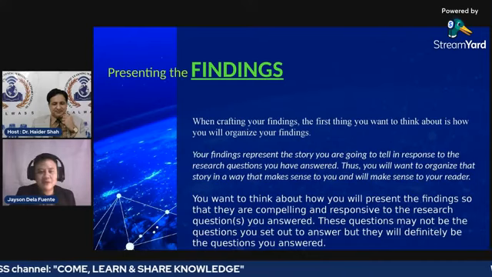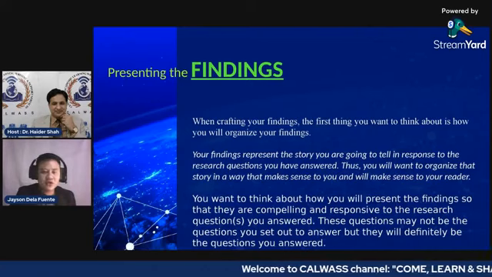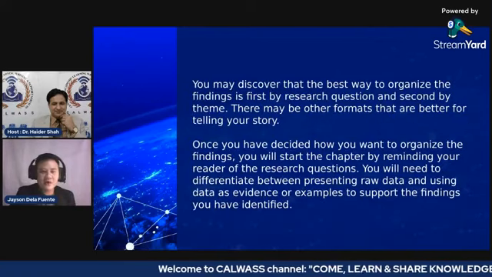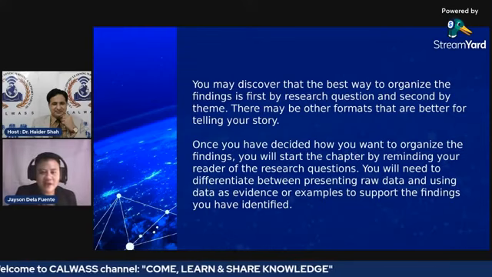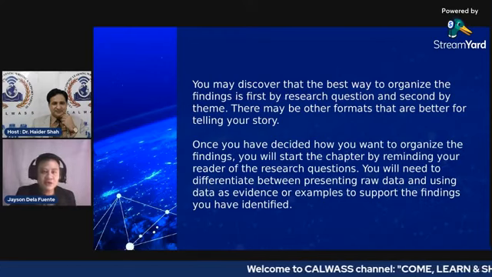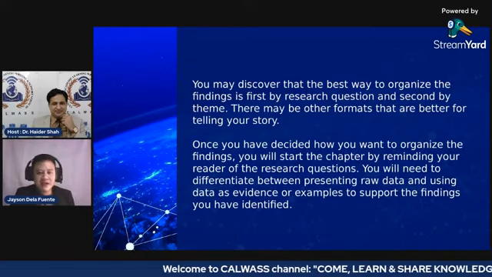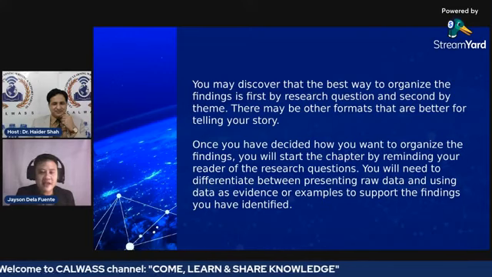As I said, our findings should be in accordance with, or congruent to, our objectives. You may discover the best way to organize the findings is first by research question. Because of the research question, we are guided as to how we are going to do our analysis, how we are going to organize our data, and later on to generate very good